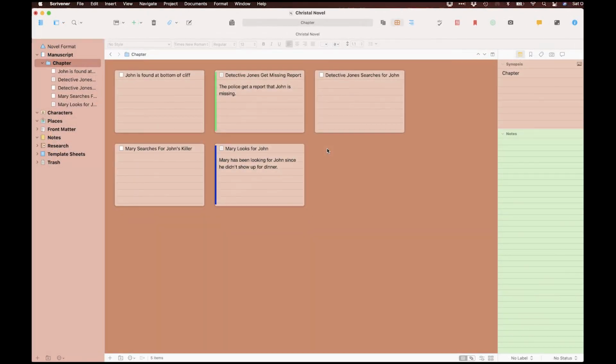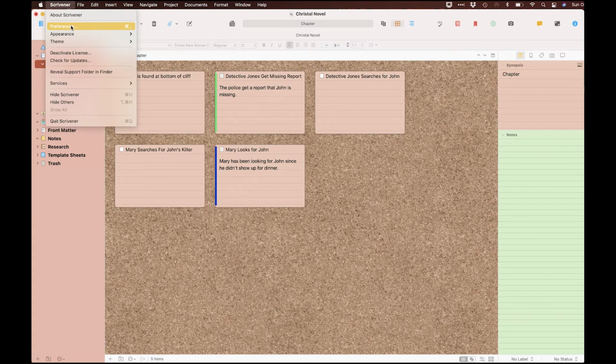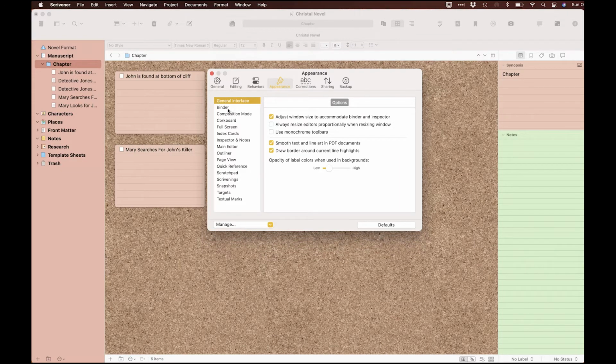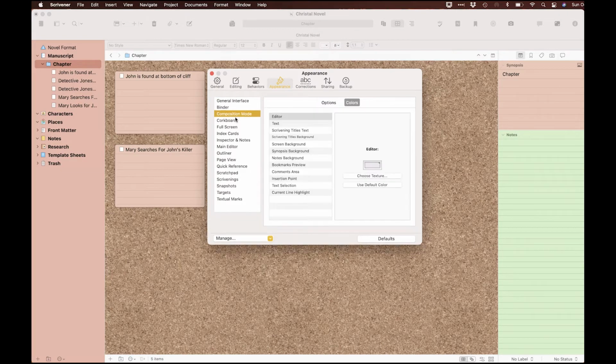Now, if you have the time and the energy, and this is a kind of fun thing you'd like to do, you can create your own themes with your own colors. The way you do that is you would go to Scrivener, Preferences, and Appearance. And in Appearance is where you change all of the options and colors for a whole range of features in